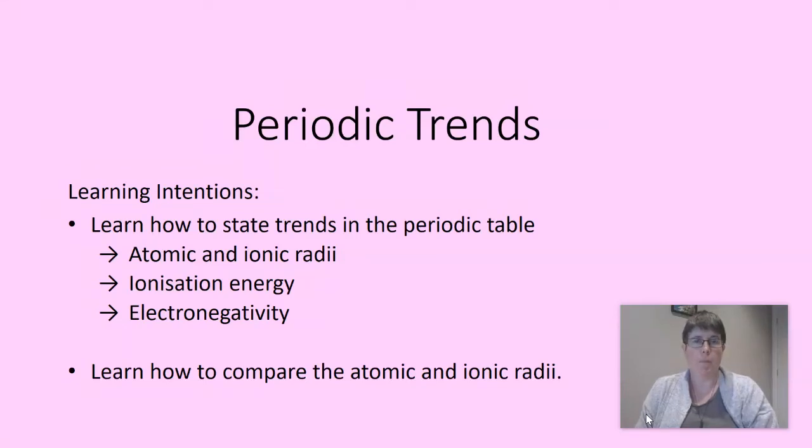This video is about periodic trends. So it's this second video about the content for Chemistry 3.4. The learning intention of this video is to learn how to state the trends in the periodic table. So the periodic trends, there's three parts to this: atomic and ionic radii, ionization energy, and electronegativity, and how to